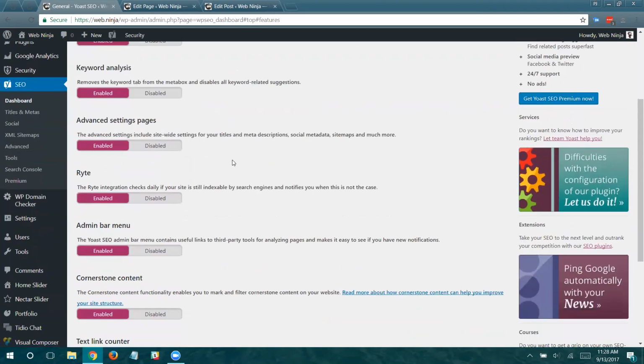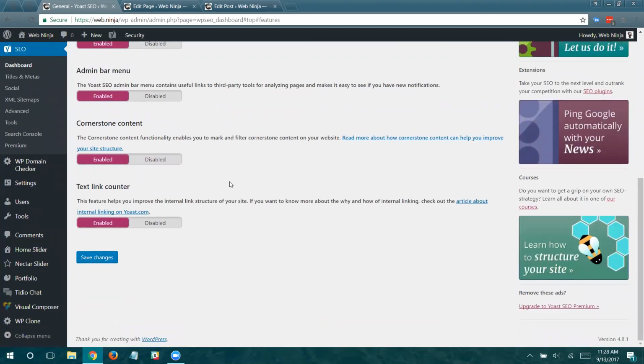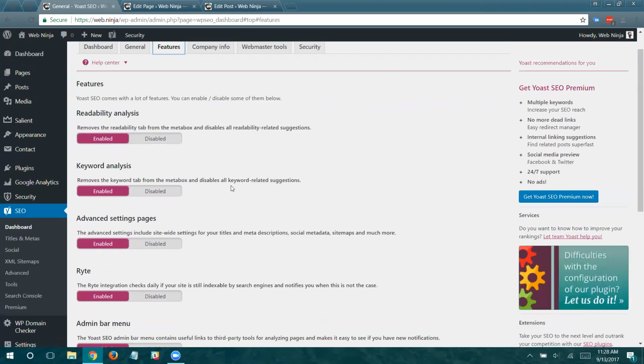I have most of mine enabled. I have all of mine enabled because I feel like most of these are pretty important. As a really quick